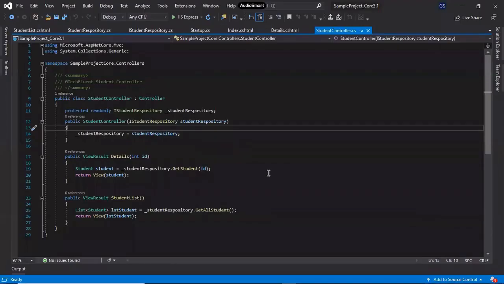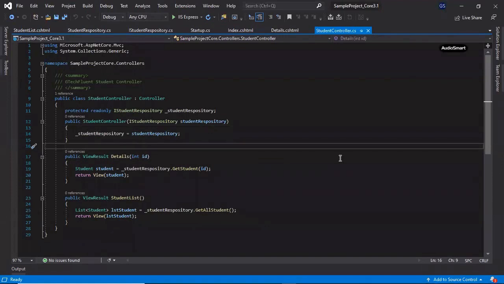As of now, we have discussed the different data passing techniques between the controller and view, for example view data, view bag, and the strongly typed view. So view model is another technique to pass data between controller and view. View model is nothing but a class which works similar to a strongly typed view. So the view model is a model which has more than one model data property that is required for the particular view, and this is called a view model.